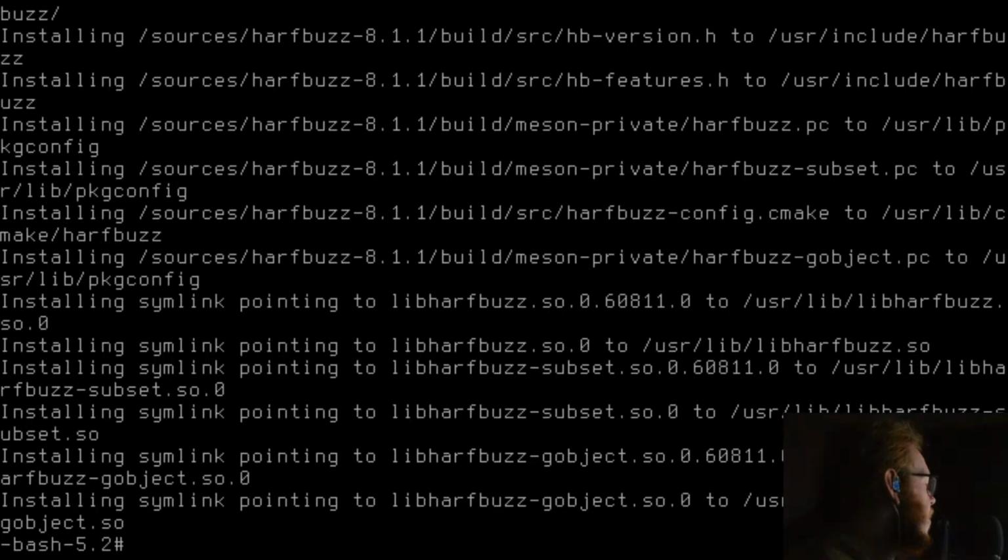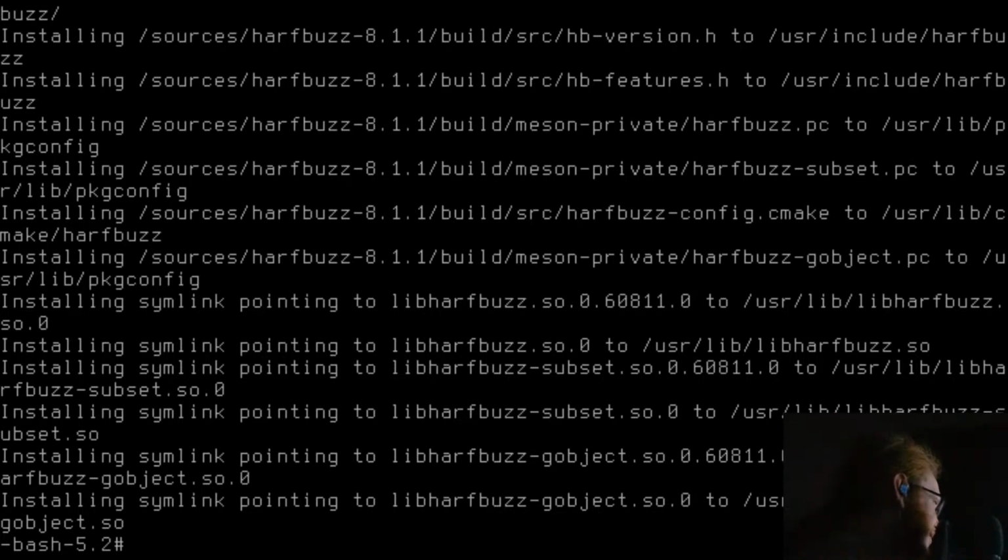Which now means I've got to do FriBidi, and it has an optional, not a recommended, just an optional. The optionals are fine, they're recommended.